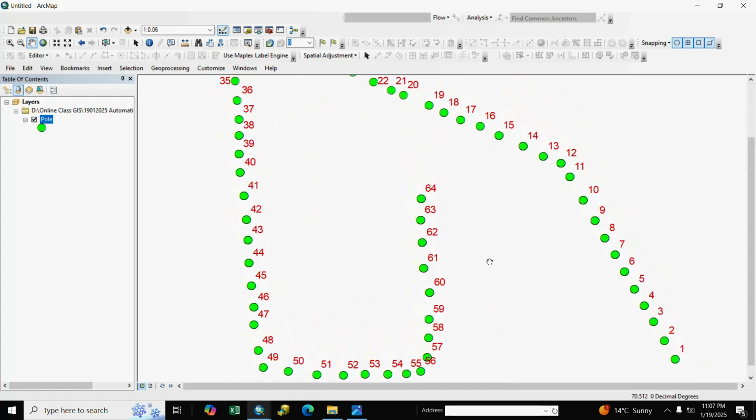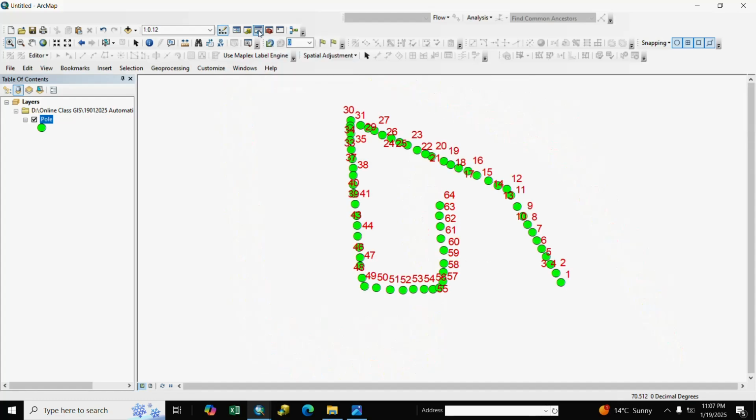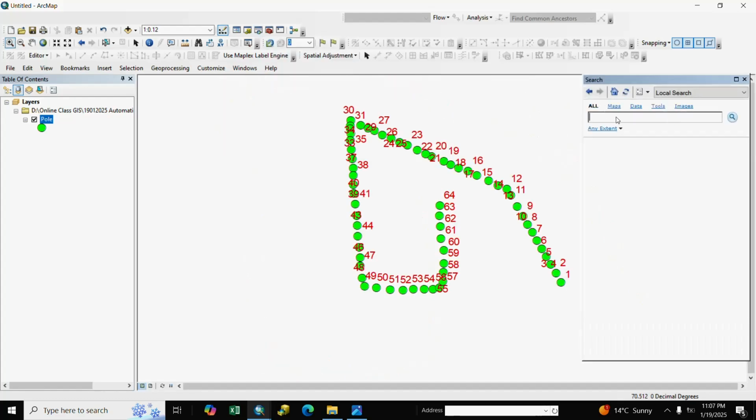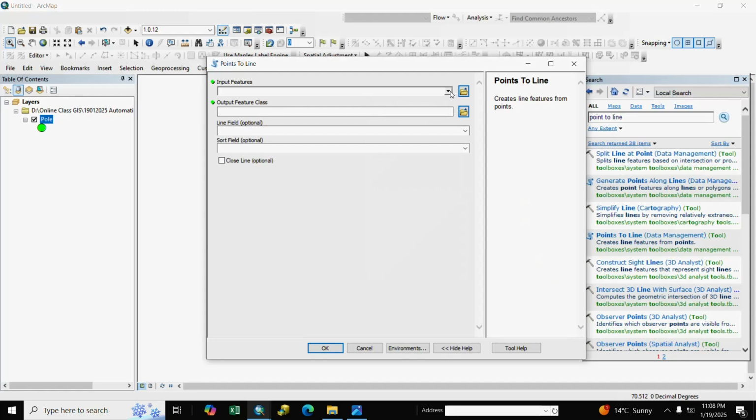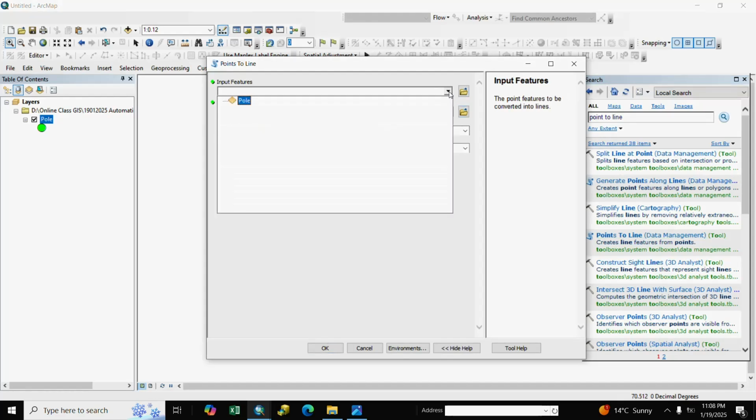So how to generate it? We go to search and we search here point to line, and we select Point to Line, and we select here the input feature pole.